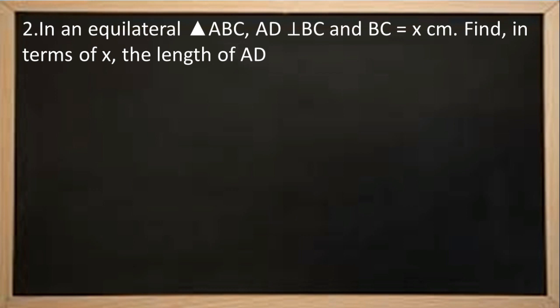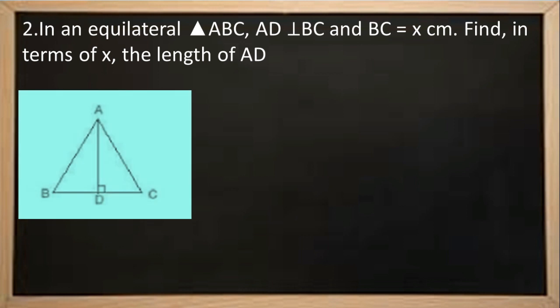So the concept should come to your mind, children. If it is an equilateral triangle, all the sides and all the angles are equal in an equilateral triangle. And AD is perpendicular to BC means there is a chance to obtain a right angle as the line is perpendicular. So let us proceed with the diagram and the statement. Consider a triangle ABC so that AD is perpendicular to BC and the value of BC is given as x centimeter.